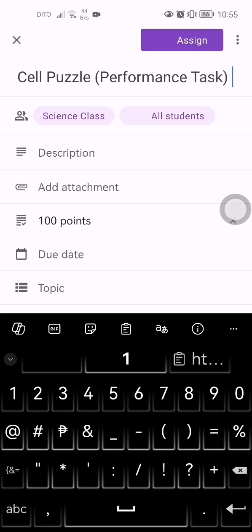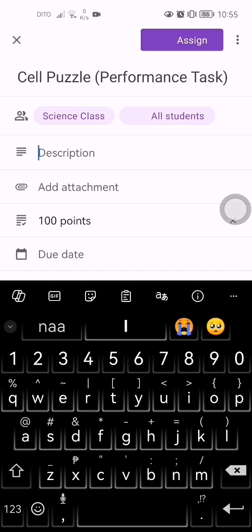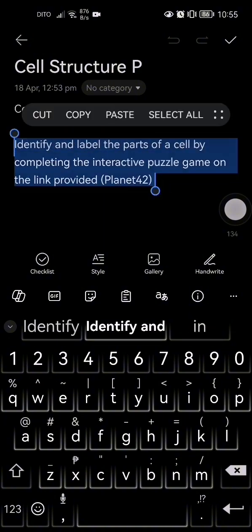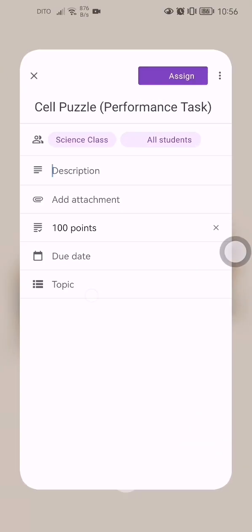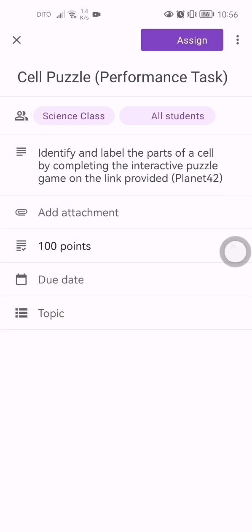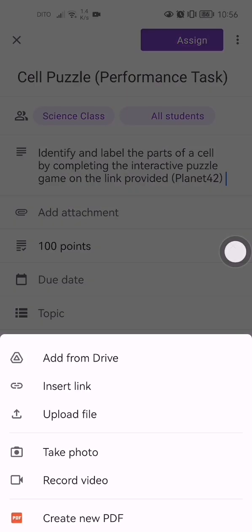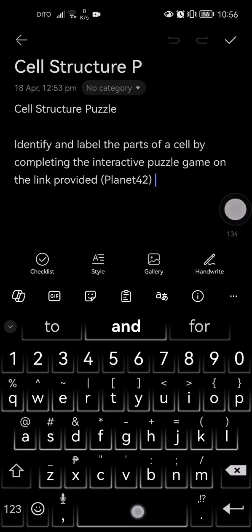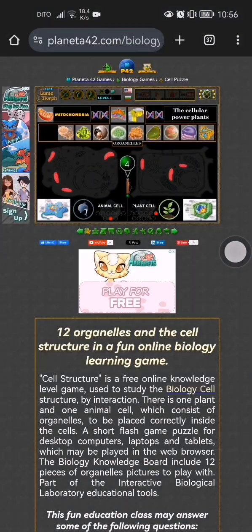And then let us put here in the description our instruction for our class. We have a pre-made instruction here, and then let's paste this. Now we have the instruction and the attachment, which is a link of our chosen game, the cell puzzle.